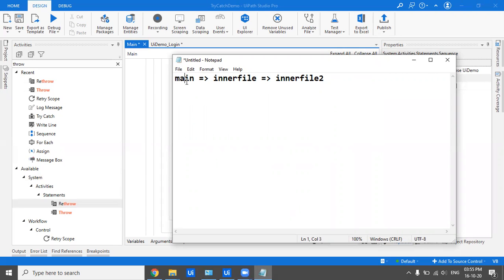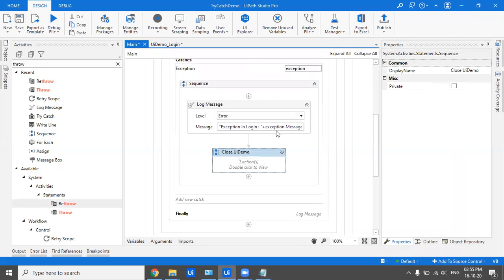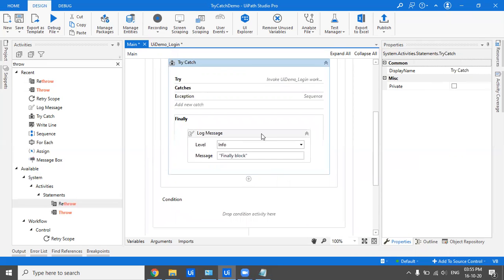Instead, I have to perform some action. I have to inform my support team. I have to close all the applications and processes that are being used in the process and stop the flow there and then. So usually in the main workflow or the outermost workflow, you consume the application exception. And how do you consume the exception? You consume it by not using throw or rethrow. You log it, you send the mail, you close all the applications, and then you can perform any task which you have to perform. No matter whether there is an exception or there isn't, you write that in the finally block. So this is how exception handling usually works in real time scenarios.